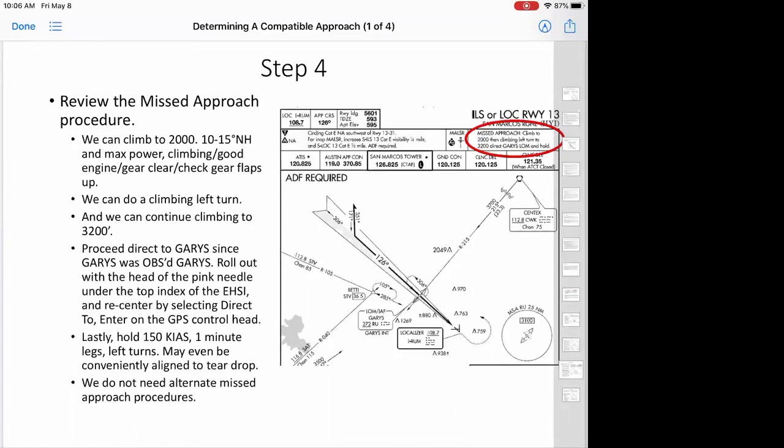Continue my climb up to 3,200. I'm supposed to proceed back to Gary's. Well, I OBS'd it so I can roll out with the head of the pink needle under my top index, go back into GPS mode, nav, recenter my GPS by selecting direct to enter, and continue back to Gary's. It says add hold. So my holding airspeed is 150 knots. So as I level off at 3,200 feet, I want to power back 35% approximately and hold my 150 knots,